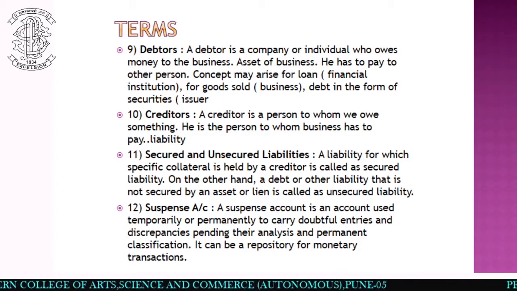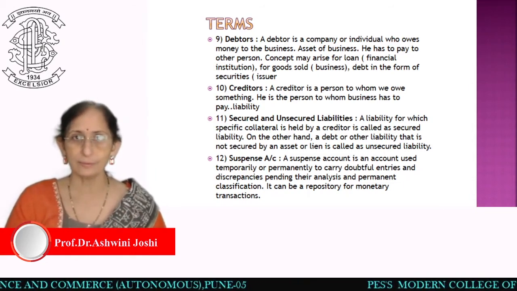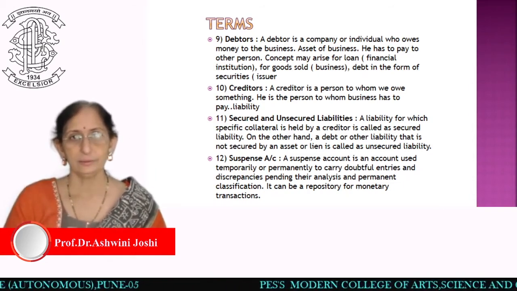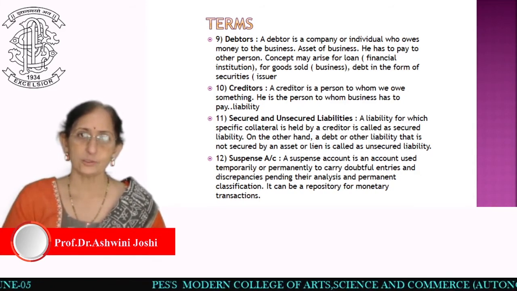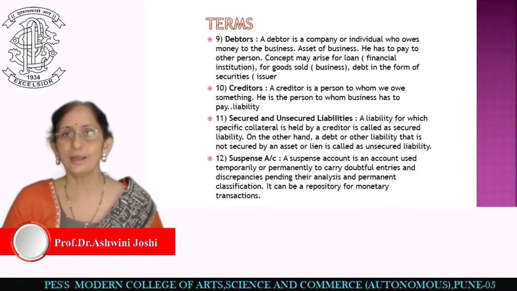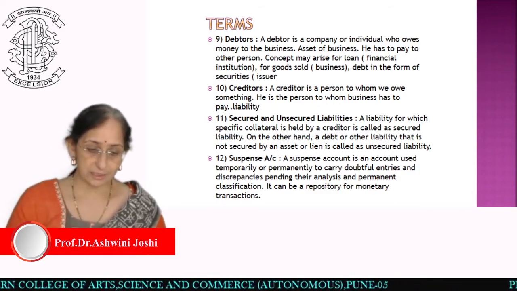When you were in 11th standard and solving the rectification of errors topic, at that time also you must have heard this term. The entry is made, payment is made, debit is there, but we don't know which account is to be credited. So we are putting it temporarily to the suspense account and later on that will be rectified. Next,